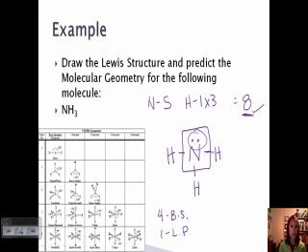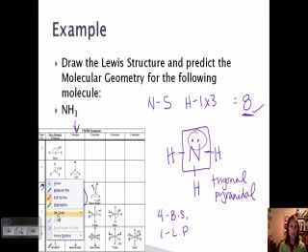And so if I'm looking at my chart, I'm going to go down to 4 bonding sites, 1 lone pair, and that gives me this shape right here, which is trigonal. It says pyramid, but we're going to say pyramidal. And so then if I redraw my structure,